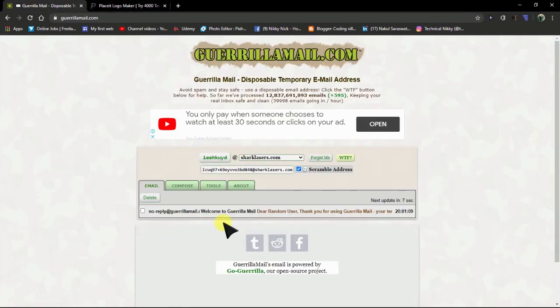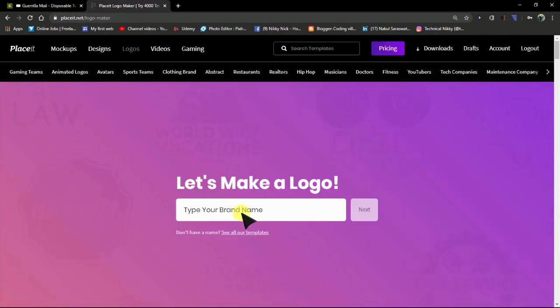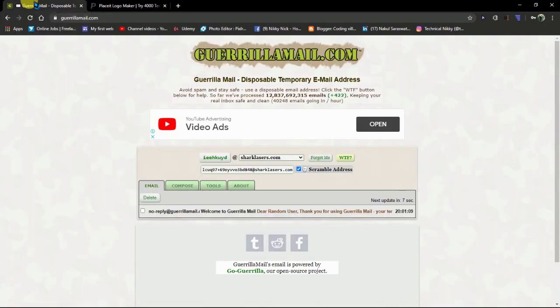There is no email here, so we can now use this account and get more features. So you can access or register on any website using this fake or disposable email.